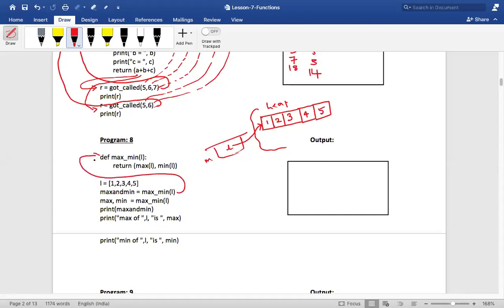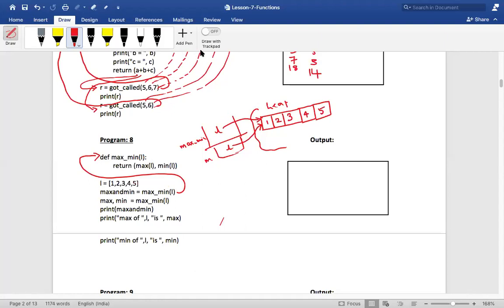We are calling this function definition. It comes here, right? So when it comes here, a new stack frame is created, and this stack frame is for max min, isn't it? It is for max underscore min. And while calling that, we are also passing L, which is nothing but this. So we are creating one more L in max min, which is also referring to this only. Am I right? Yes, sir.